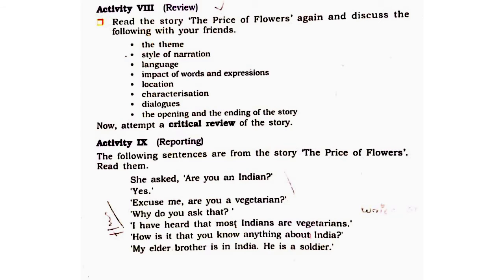First of all, you have to write the theme, the main idea of the story, then style of narration, how to use the language by the writer, the impact of words and expressions, then location, characterization, then their dialogues, then opening and ending of the story. By using these points, you have to prepare a critical review. Okay, there is a model. See,